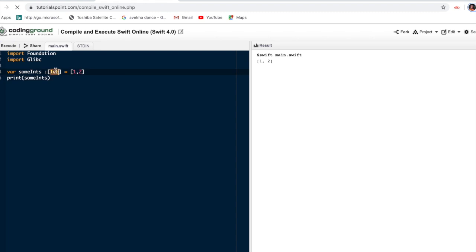Suppose I am giving an array of string values; if I have strings, we have to do it this way, otherwise it will show an error. I will just show you.